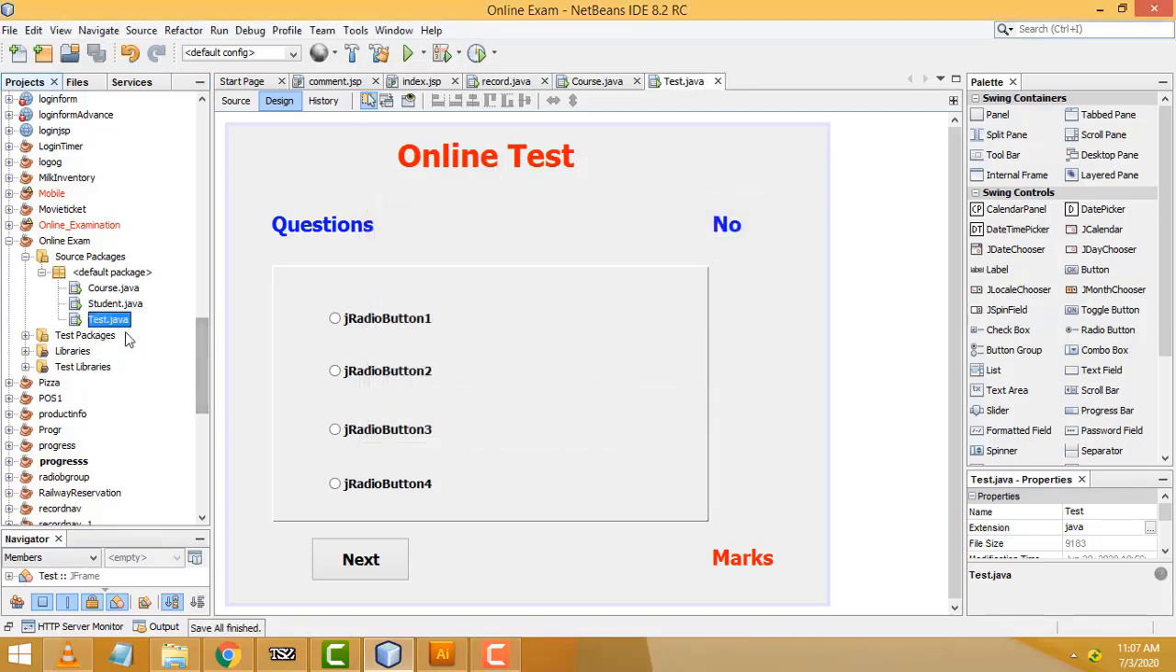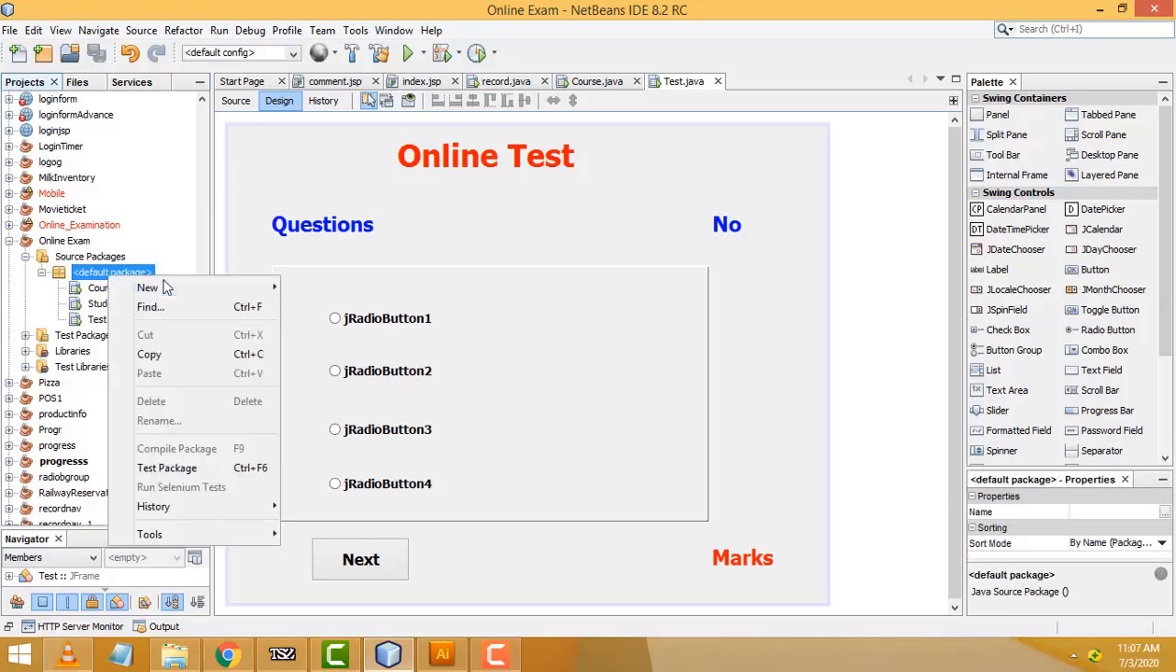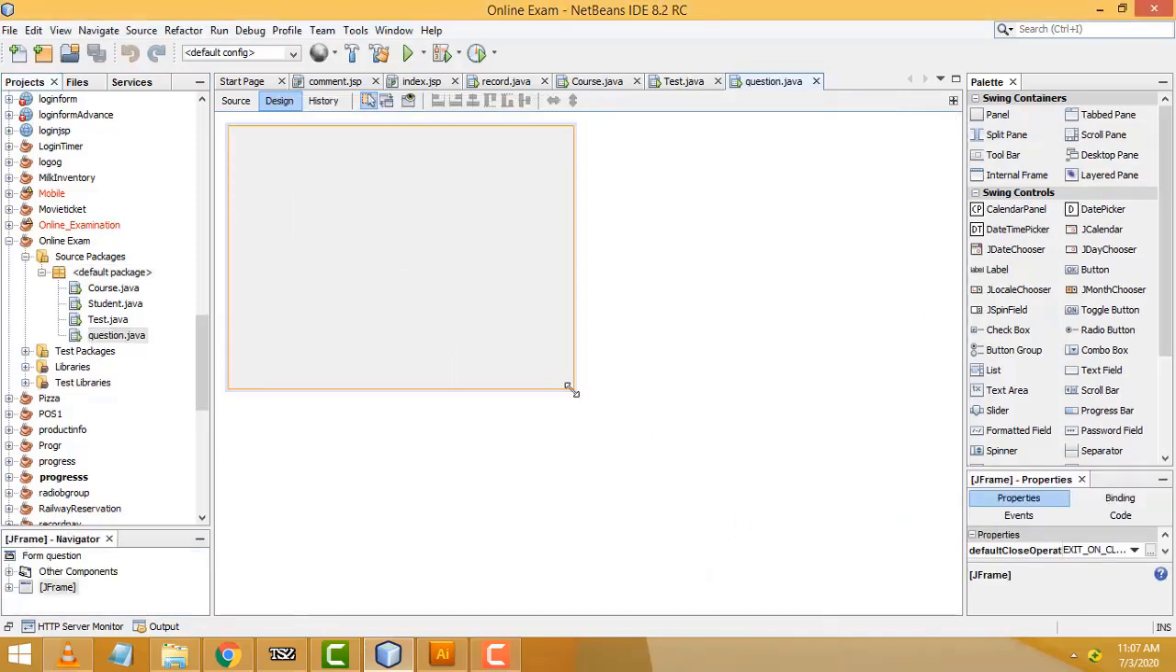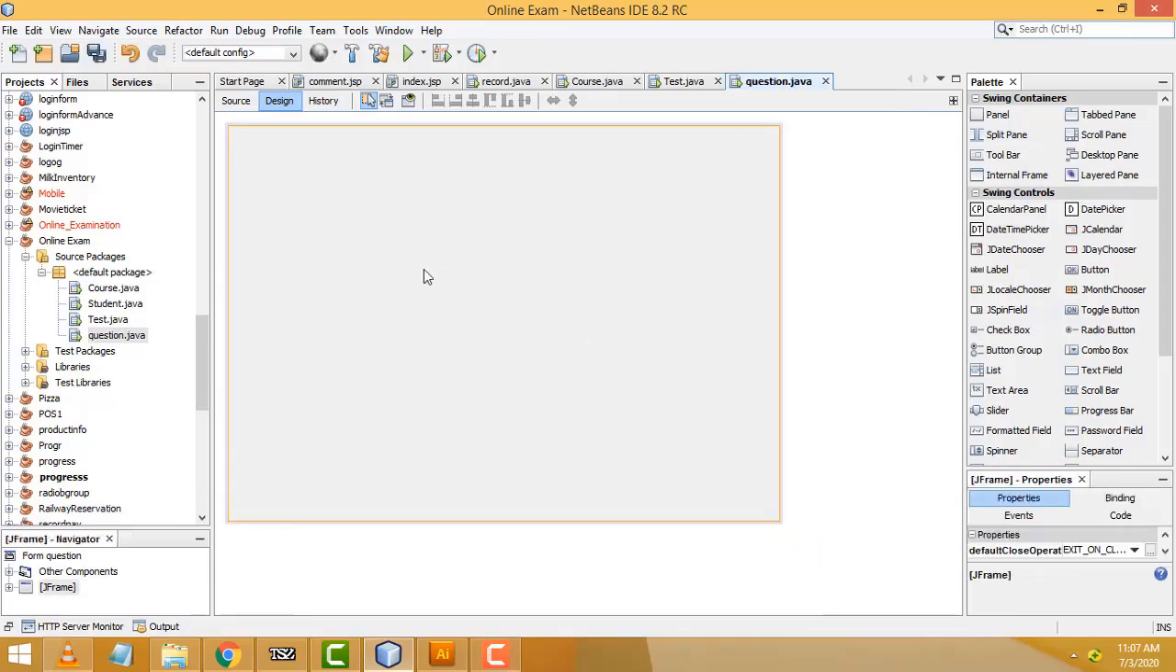Now what I am going to do is, this is a test class, right? Select the default package, right click, new, JFrame form. I am going to create the questions form, questions, click finish, right? Now here where I am going to add the questions. So what I am going to do is here,